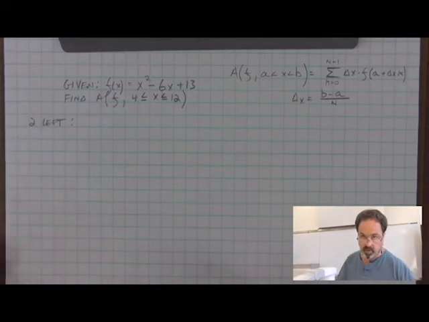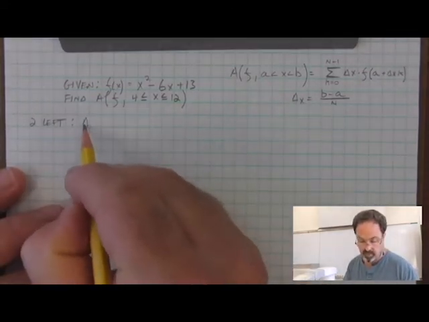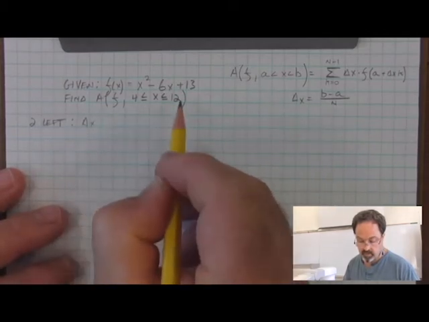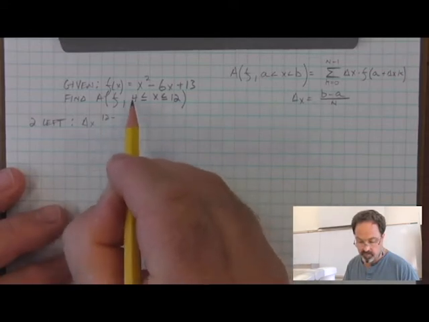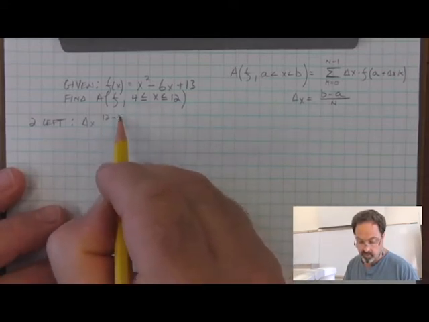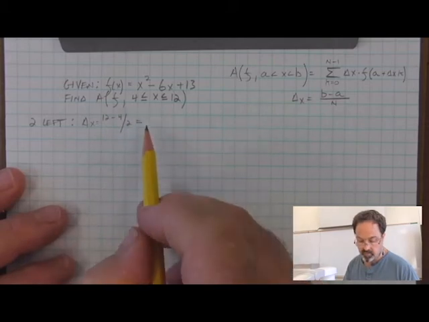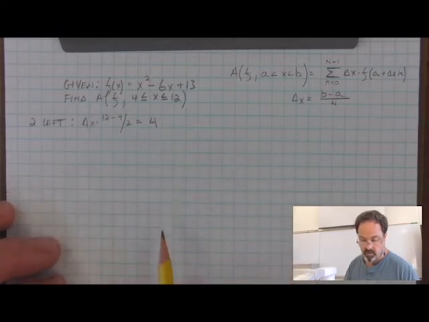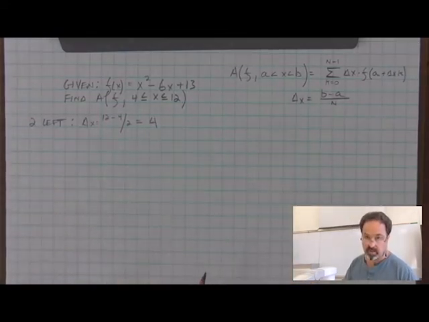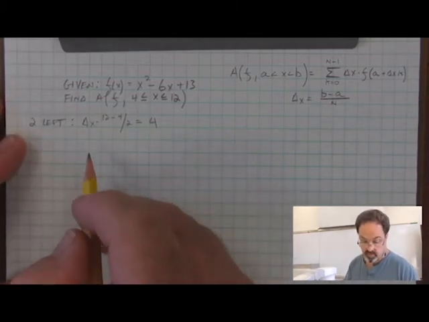When we do, because the number of rectangles that we use affects delta x, we need to calculate delta x to be the endpoint of our interval minus the beginning endpoint of our interval divided by n, the number of rectangles, which is 2. That makes our delta x, 12 minus 4 is 8, divided by 2 is 4. And of course, this is going to produce a very crude estimate, almost useless. But for practice,